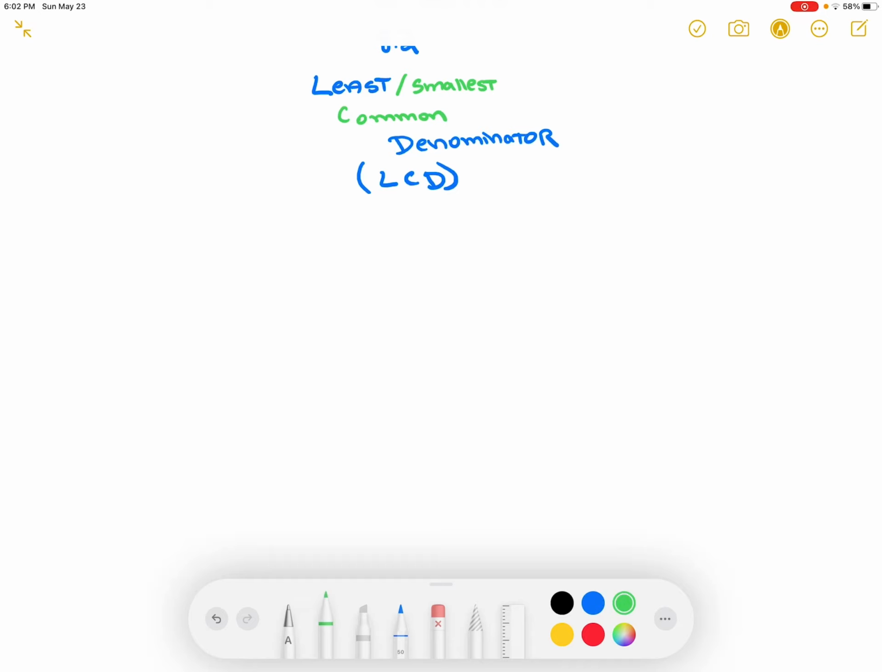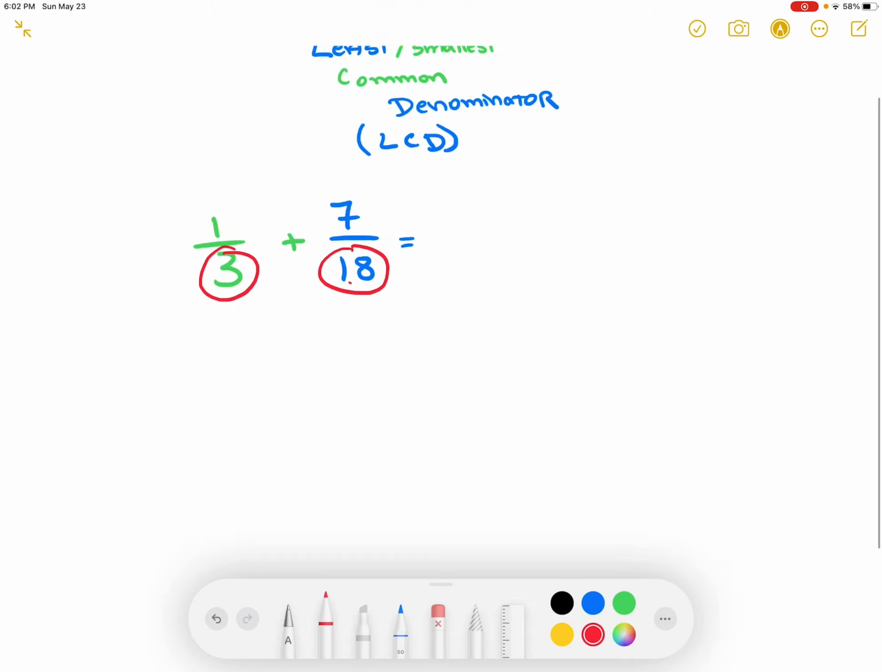So let's say I wanted you to add the fractions 1/3 plus 7/18. Right away, your brain should be going, whoa, I don't think I can do that. Well, because my denominators are different. And that is correct. You don't want to have different denominators, because then you're talking about different size pieces, right? You want to make sure everything is talking about in the same terms. So what we're going to do is find between the denominators, 3 and 18, what their smallest